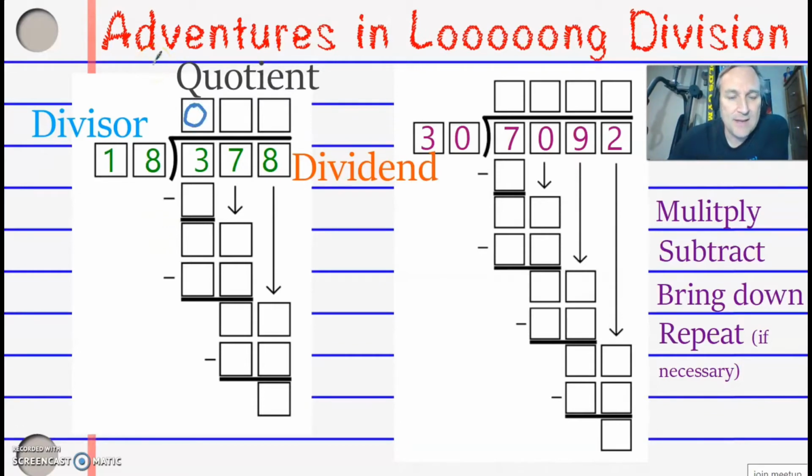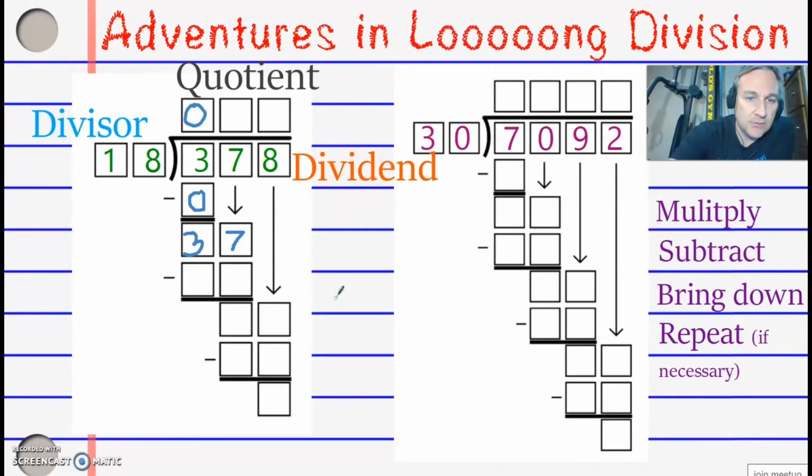It's none. Now, we go 0 times 18 is 0. And then I get a 3 left right here. And then I have to drop the next digit, a 7. And I didn't mention this before, I don't think. Correct me if I'm wrong, but we didn't do this before, but you can only bring down 1 digit at a time. You cannot bring down more than 1 digit. So we're back to 37 again. So, okay, the next question is, how many 18s right here fit inside of 37? So after you bring this number down, you're going to use both of these. How many 18s fit into 37? The answer is,